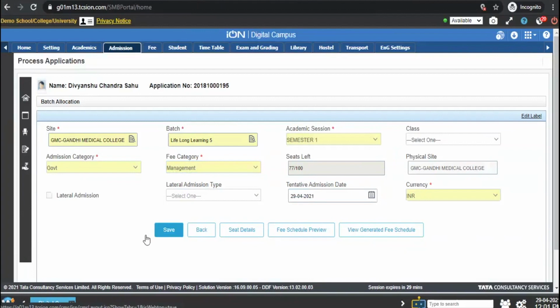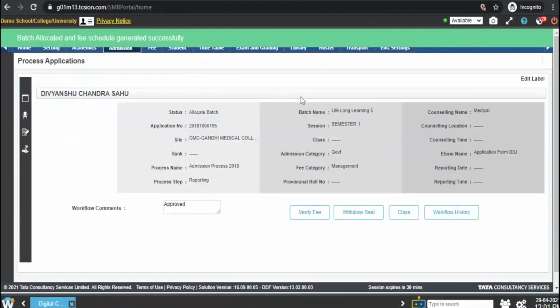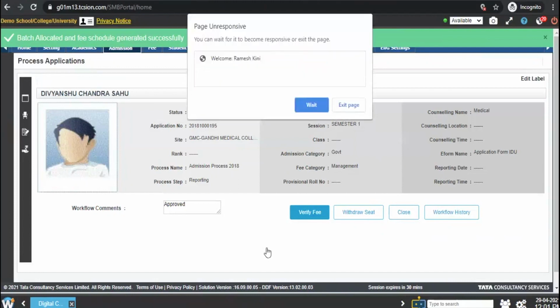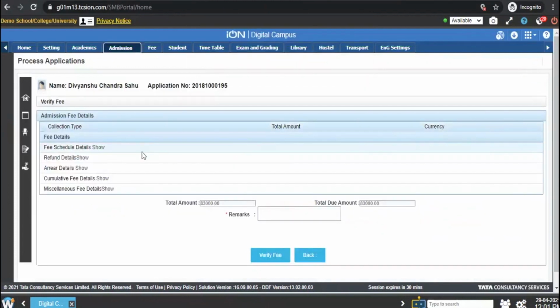The admission fee, including the academic fee, can also be generated within this step itself. So as you can see over here, I can now verify the fees that have been generated for the applicant. Moreover, my system will send a notification along with a URL or a particular link to the students to make the payment corresponding to their admission or academics. Moreover, I, as a fee department or admission department, can also view the details of the fees that have been generated.